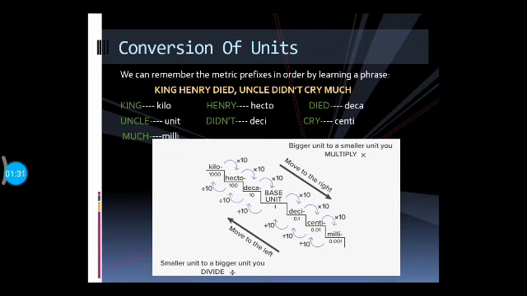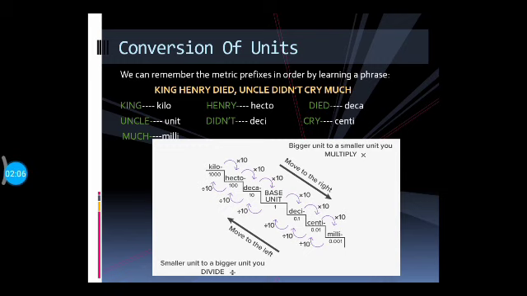then millimeter. If we talk about units of weight, first one is kilogram, second is hectogram, decagram, then base unit will be gram, decigram, centigram and milligram. Okay. Similarly, in the case of capacity, our units will be kiloliter, hectoliter, decaliter, base unit is liter, deciliter, centiliter and milliliter. So this chart shows a general way how do we convert units.